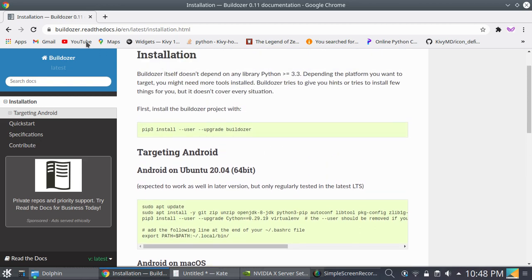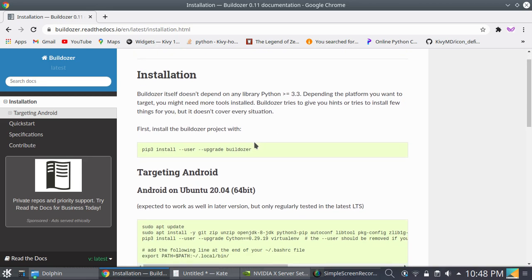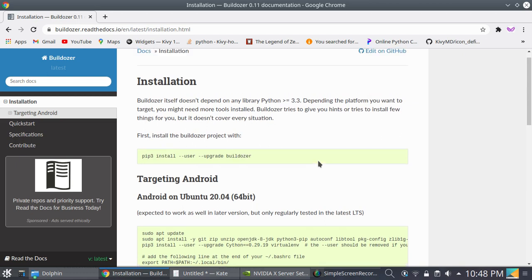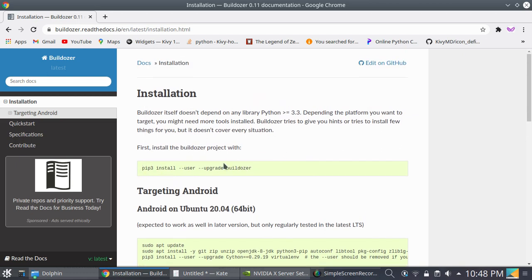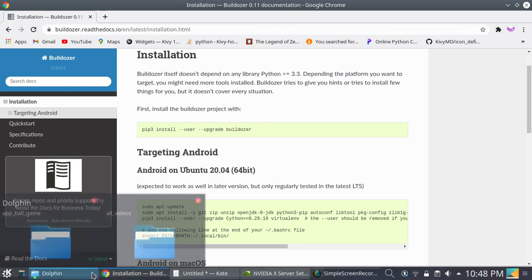So first you need a Linux machine or Mac OS and Buildozer. Buildozer is a program which will convert the Kivy file into an APK. So first install it in your PC.